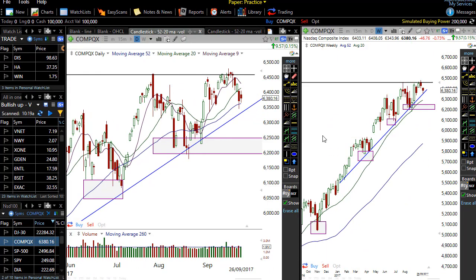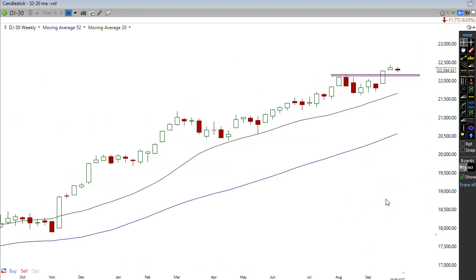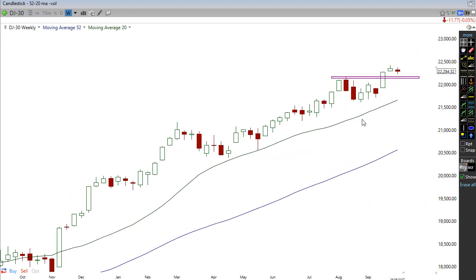Let me share this with you. Let's go have a look at the Dow Jones here first. So here's the thing, guys. The very first indication that you want to see that this is now in topping action, i.e., we're likely to start getting that decent pullback, or a crash, whatever, is that we actually get a weekly close below here. From today onwards, if we start to get a few big selling days and actually close below this resistance here, guys,